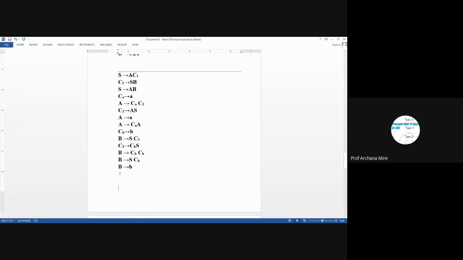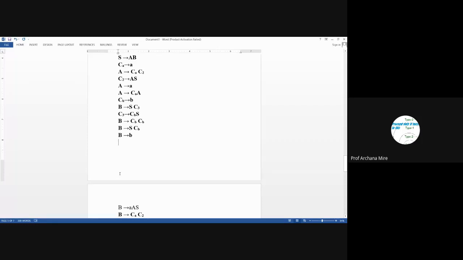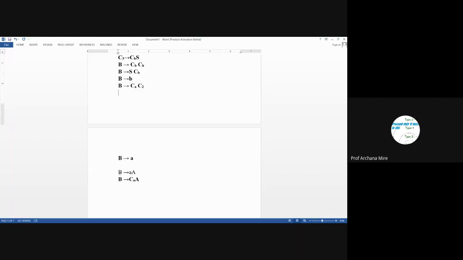All the rules which were in the CNF form, those I have marked in bold. So those which were not marked in bold, those production rules I am replacing or deleting. So this is required. This is not in bold, so that will not be required.